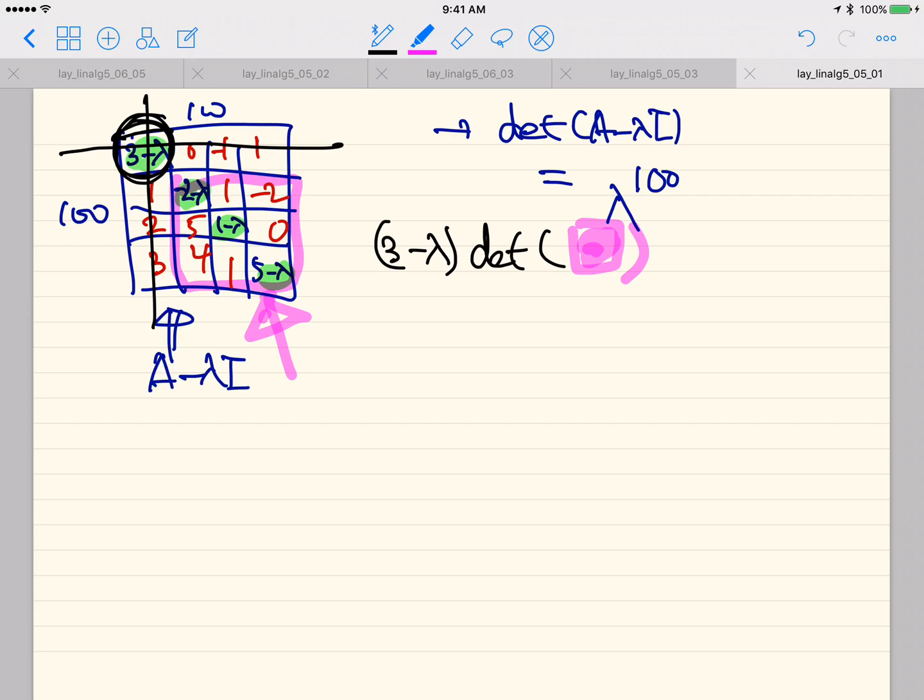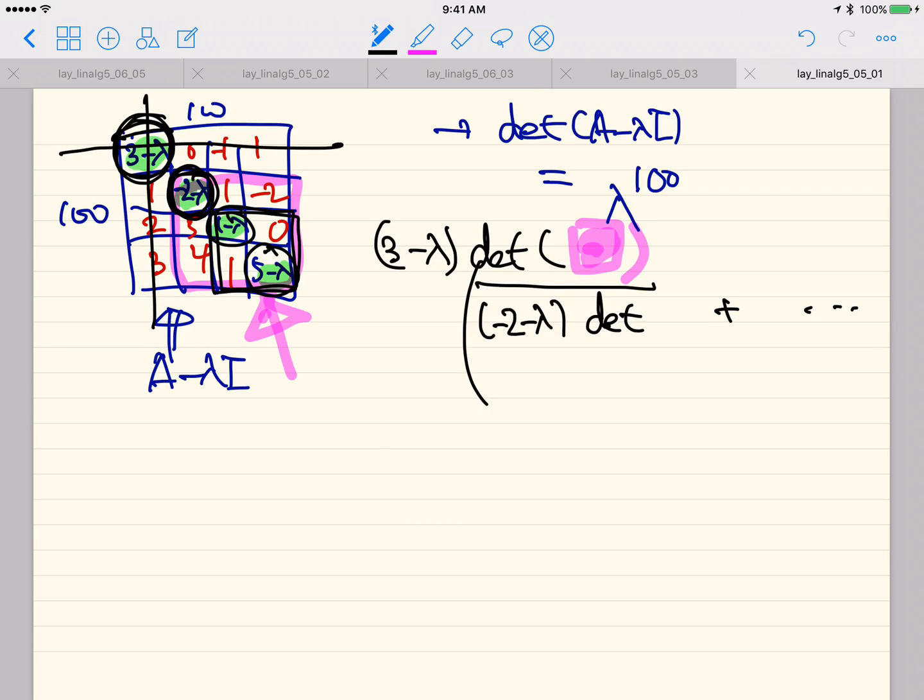You keep applying the cofactor expansion, select this entry, and we end up with this smaller one, and then this entry will have minus 2 minus lambda and the determinant of